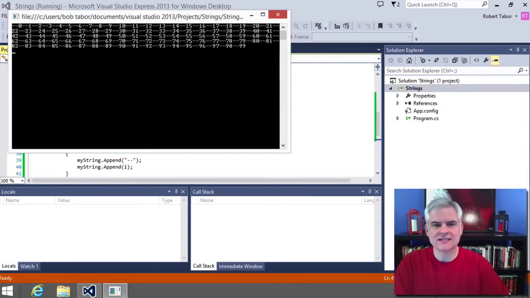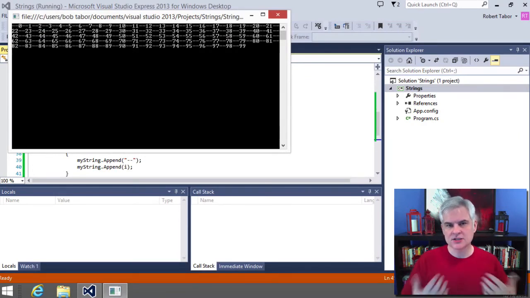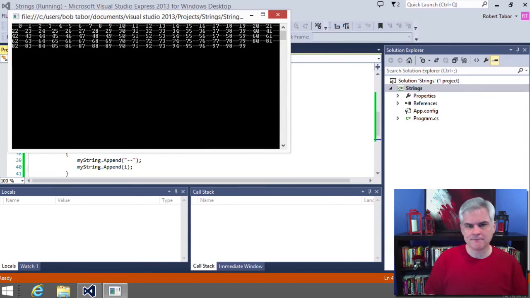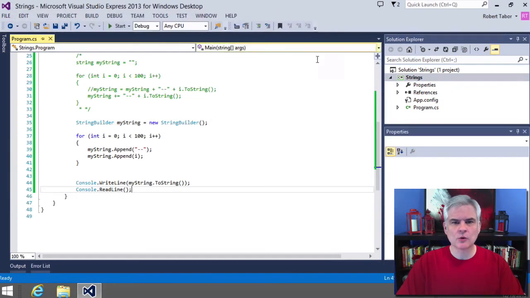And you can see we get the exact same results, but because we're using the StringBuilder, the performance should be improved because the StringBuilder was built with these sorts of operations in mind, where you're constantly manipulating and concatenating strings together. So it's generally preferred to use a StringBuilder rather than a string whenever you have to do a lot of string concatenation. Okay? All right,